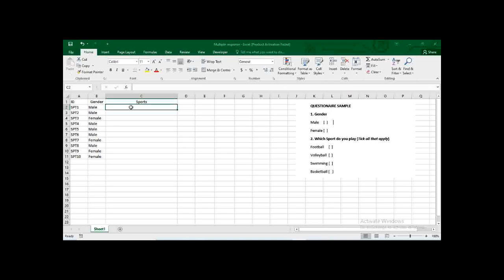So let's take an example of respondent 1 playing football, volleyball, and swimming. Under this, you can only enter and separate them using commas if you're using a single cell. But if you're preparing it for analysis in Stata for the multiple response question, the best way to present it in Excel before taking it to the software is making each of these responses a variable. You make football a variable, volleyball a variable, swimming a variable, basketball a variable. This is applicable depending on the dummy variable names that you have. So we are assuming respondent 1 plays football,